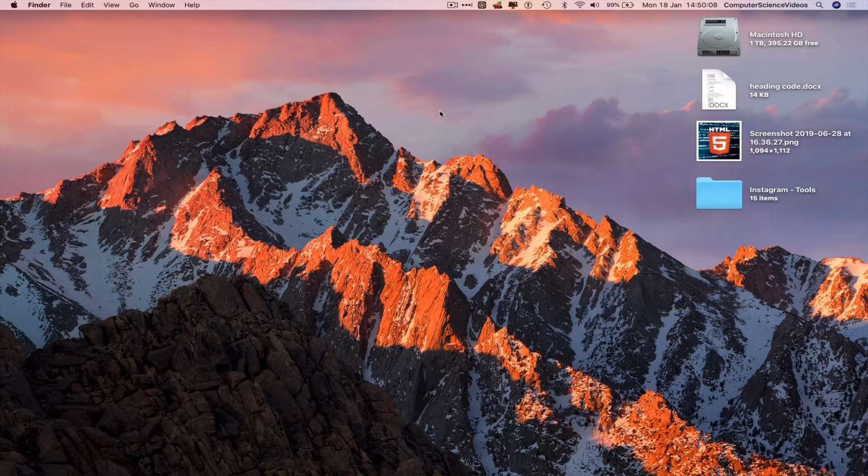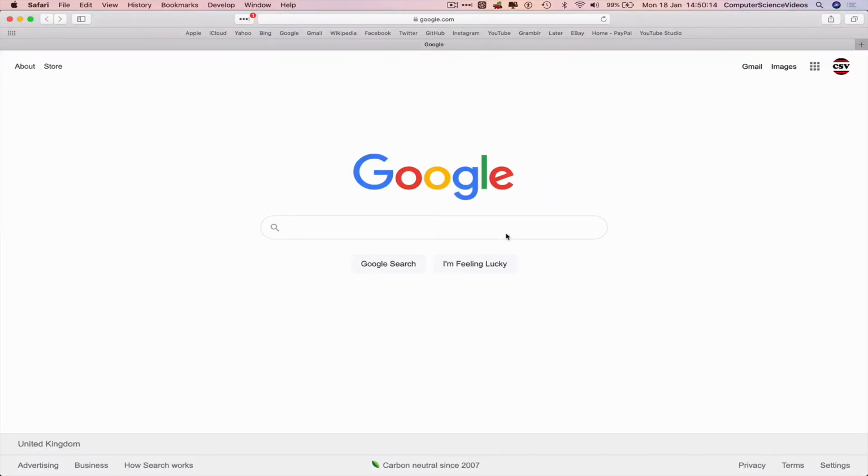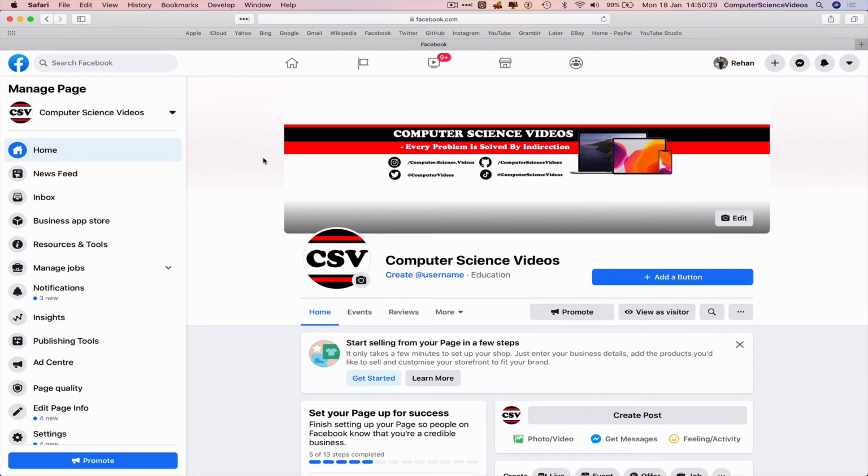So we can now go all the way down to the dock, go to the web browser, which is Safari in this case, go to facebook.com/ the name of your Facebook like page. In this case, we are talking Computer Science Videos. I have a shortcut on the toolbar listed on screen, so that directly takes us to Computer Science Videos. And now to create a username, create @username, click on this link,